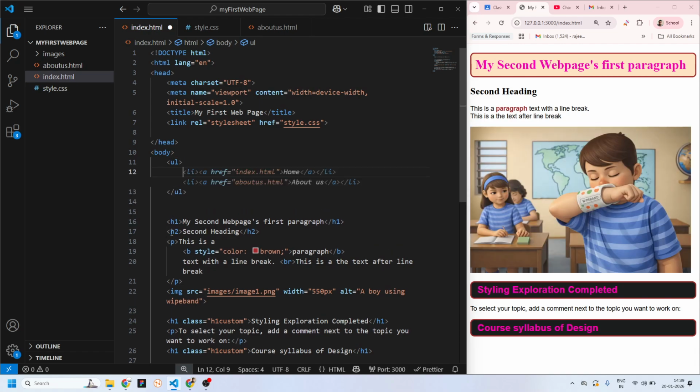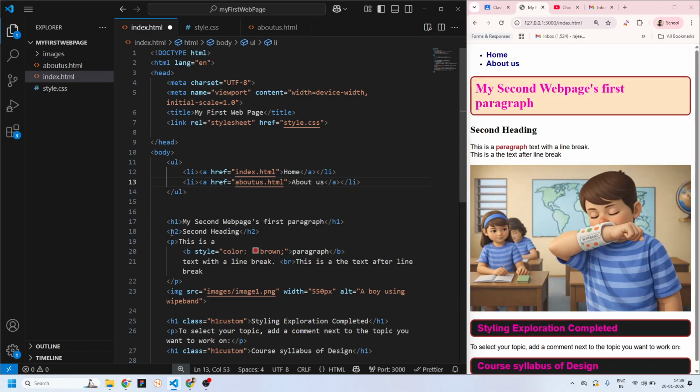Inside the list, you have list items, and see how smart it has become. It automatically understood the purpose, and in fact it listed two items along with the href and the anchor tags pointing rightly at the pages we have created. So I just need to hit tab, and that's it, and we get this. Okay,